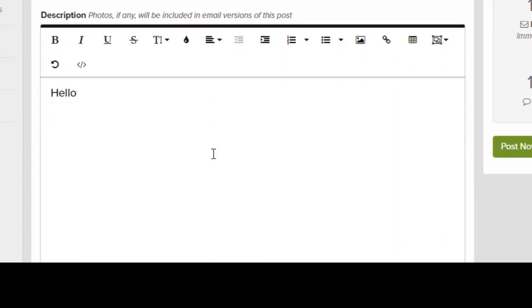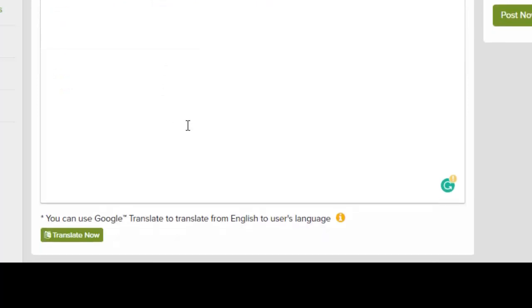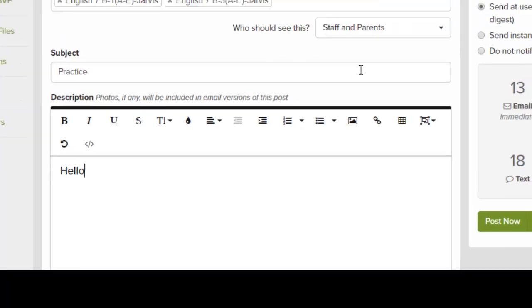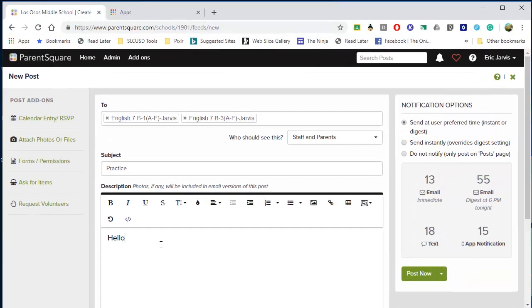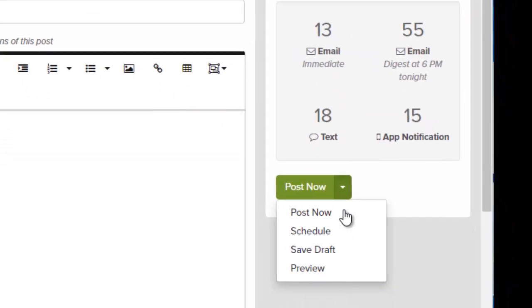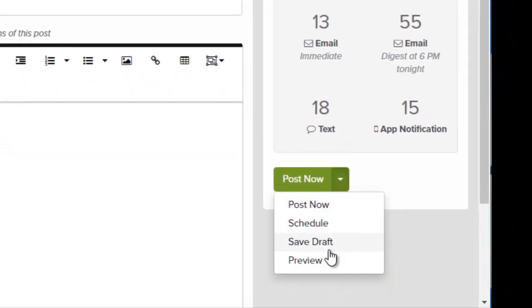All kinds of great stuff you can do here. They have templates you can use, and really great tool. You can see how it's translated. So I didn't show you, but in the account, parents can choose their preferred language if they'd like. And then you could say post now, or you could save it or preview it or save the draft or